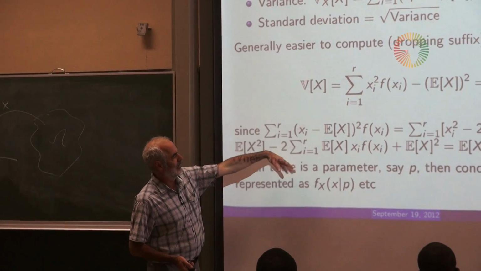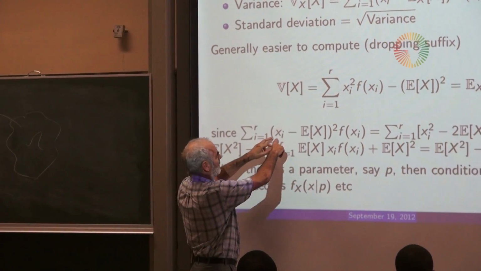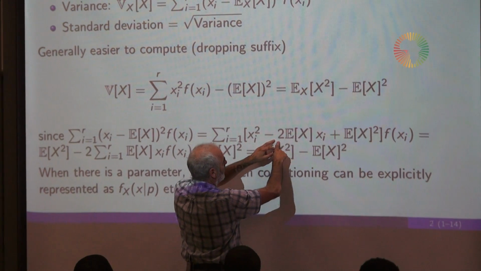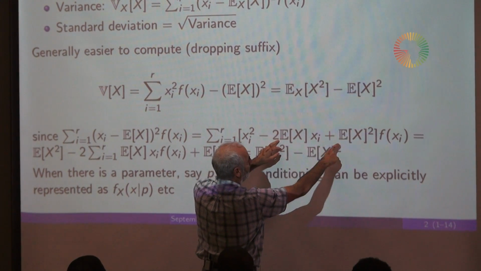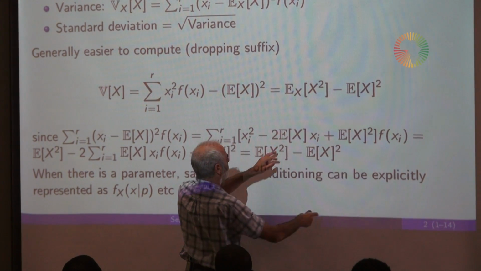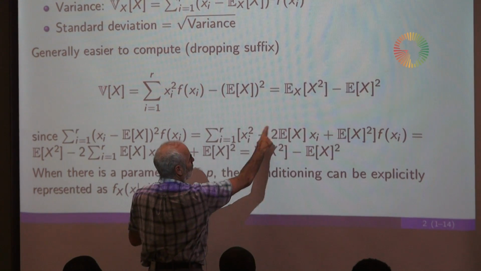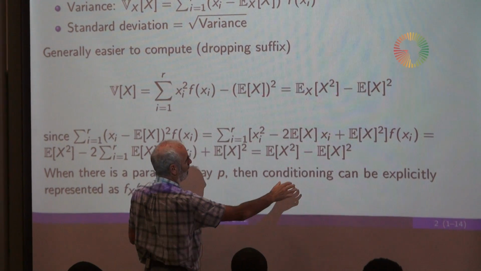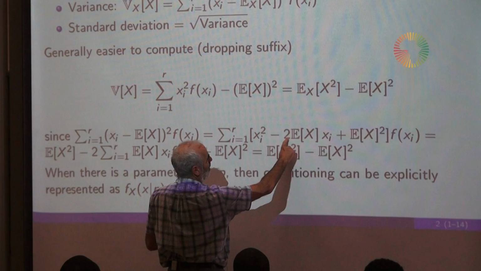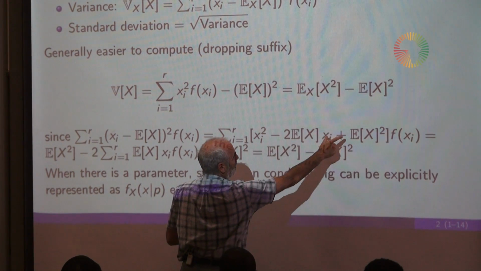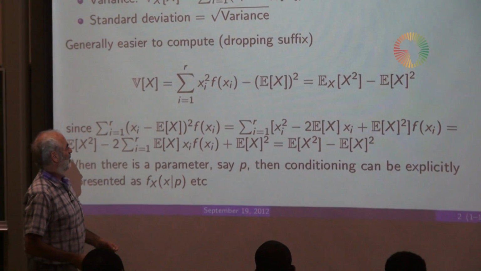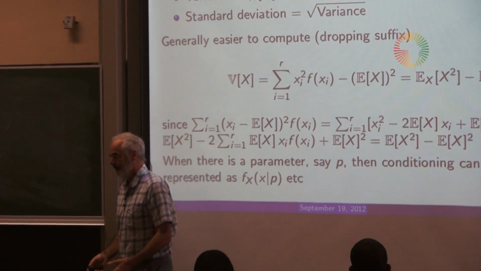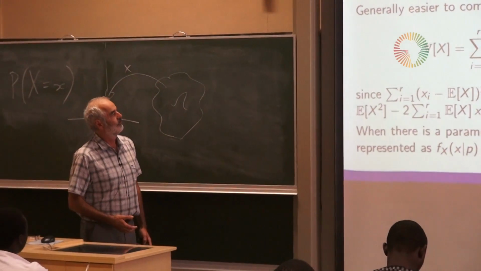And this is the proof of why that works. We just expand this square and we get an X squared, then a 2 times the expectation of X times X, plus an expectation of X all squared. And then when we take the summation through there, we end up with another expectation of X. So we essentially end up with twice expectation of X squared plus expectation squared, and that gives us just a single one of these, and we end up with a nice formula. So that's a standard formula, very useful.